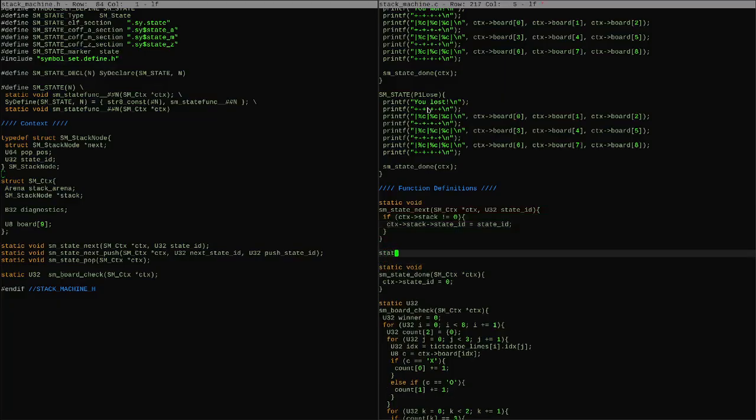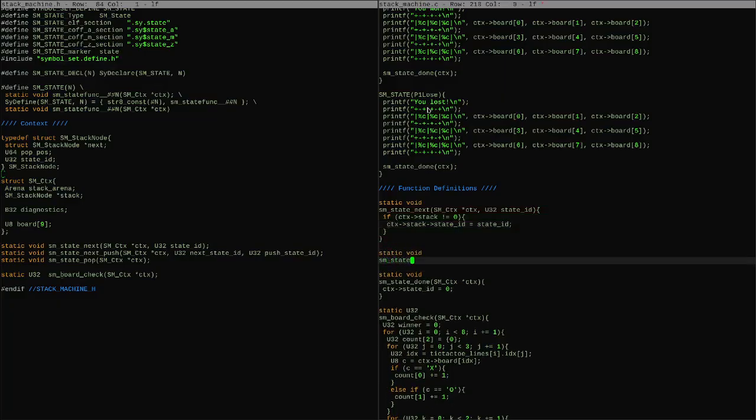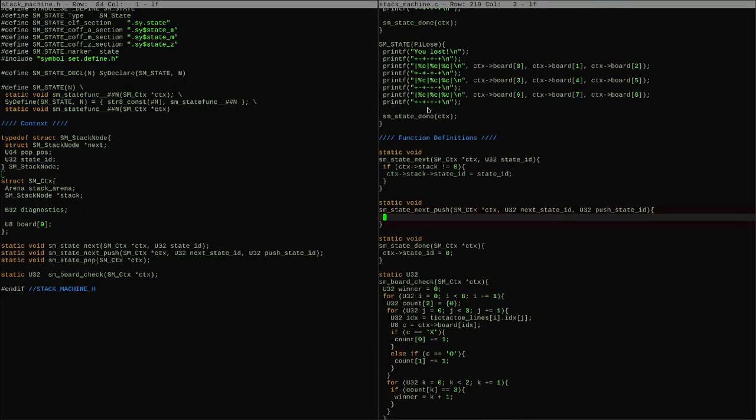And then next push looks like this. And so stack